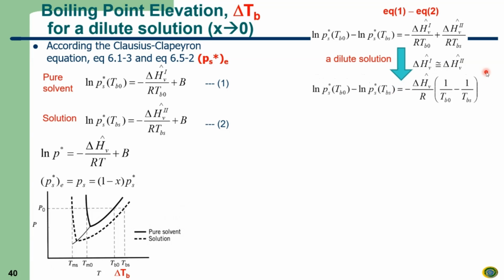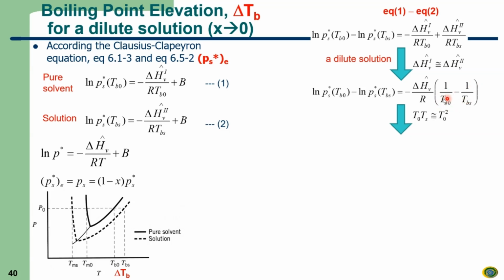Okay? And then let's rearrange this equation on the right side. If this 2 doesn't change much, you can regard this 2 as a 1. So you move this delta H out, to become like this. And then